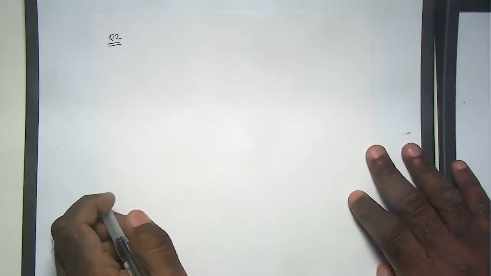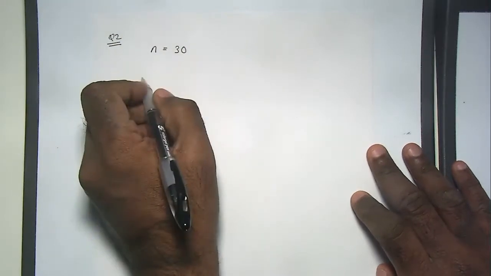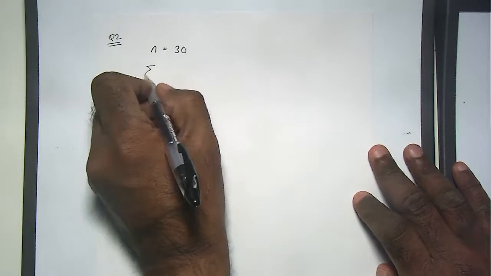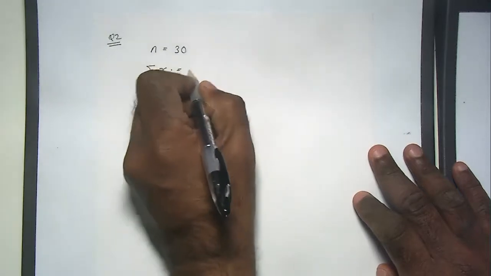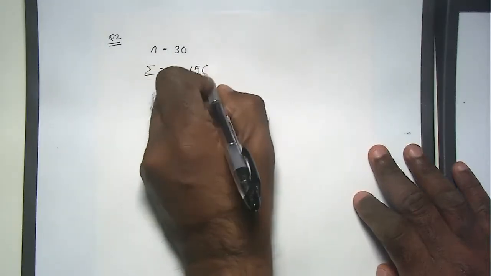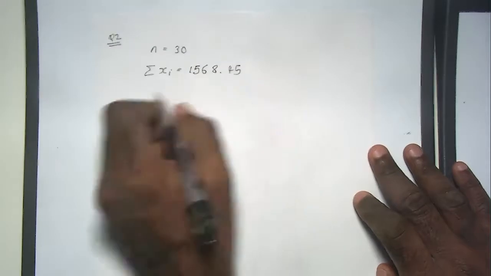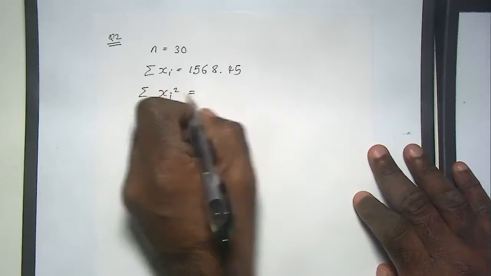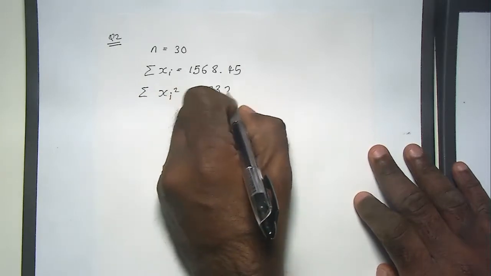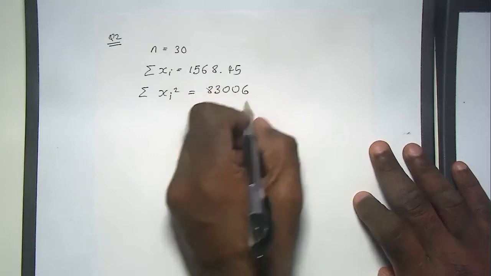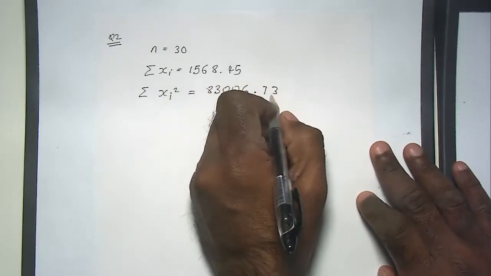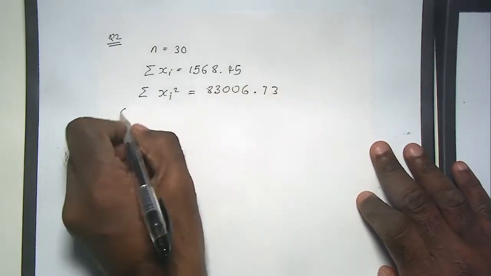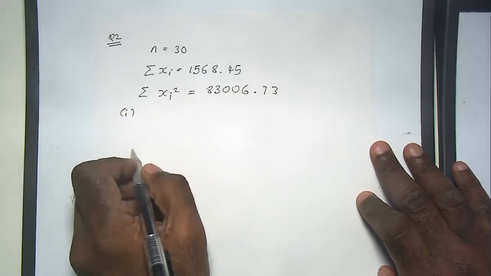The first part: you're given n equal to 30, the sum of xi is 1568.45, and the sum of xi squared is 83006.73. The first part of the question is to find a 95% confidence interval when